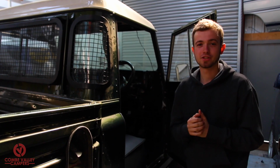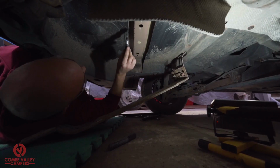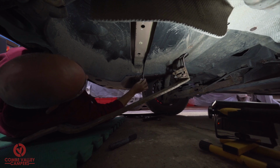So we're finished now on this job, and the results are outstanding. I just did a little trial fit of the beam, and we've just got to cut these two bits out as well, so I'm going to do